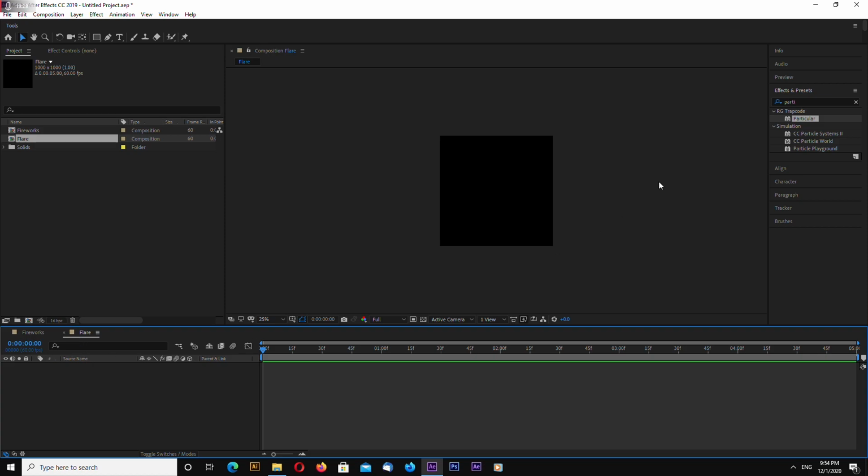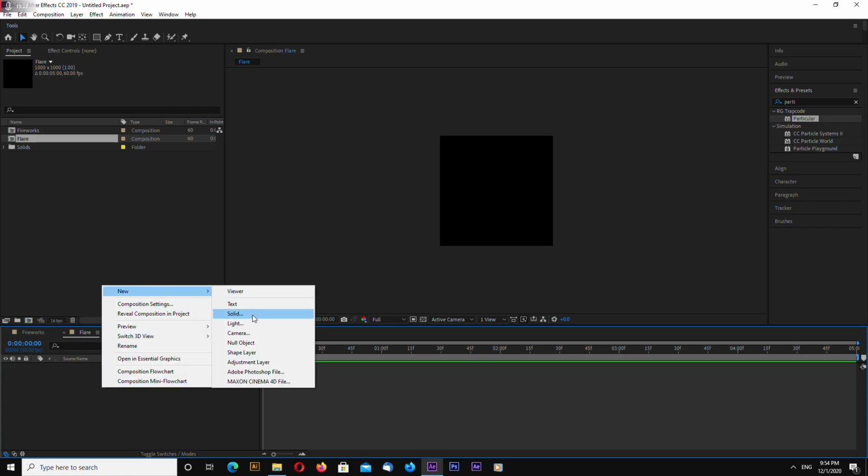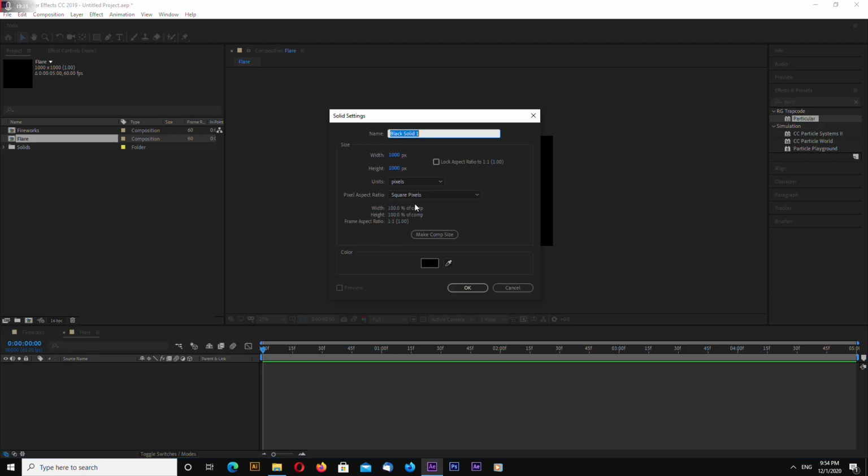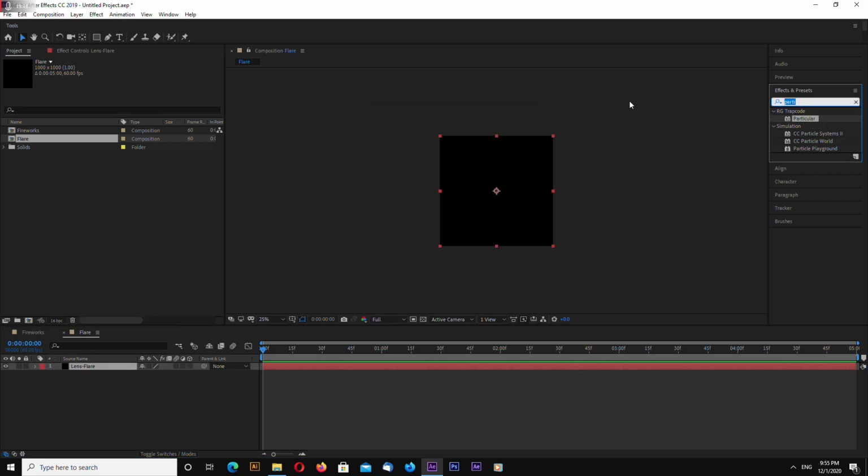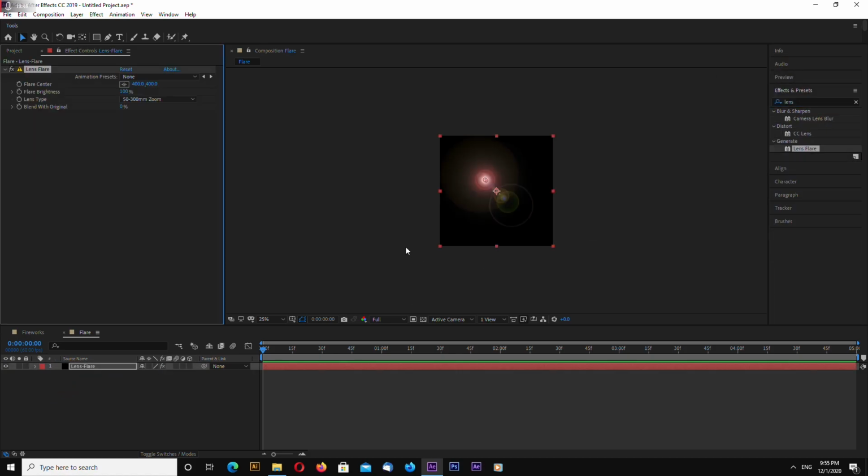Let's add new solid into our flare composition. Let's name it lens flare. Okay, and let's search in effects and presets for lens flare. Okay, now change flare center. So our flare is in the center of this rectangle and change lens type to 105. Okay, let's change flare brightness to 60, maybe 75,